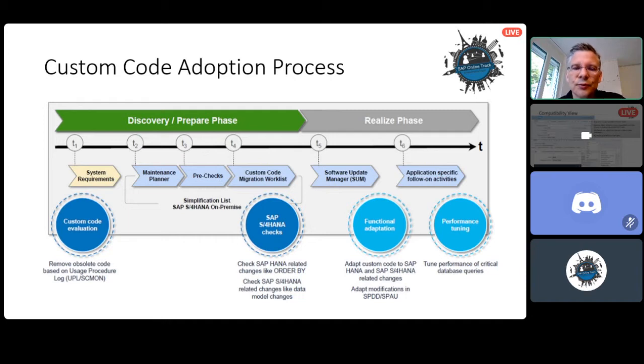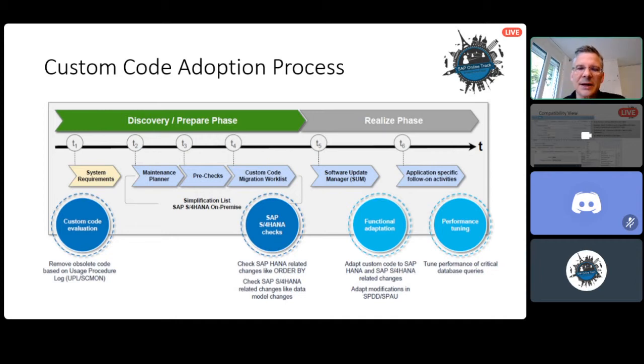And what do you think? How much percentage of custom code is still in use in an average SAP system? Personally, I measured about 50 SAP customers, and then the average value is really that 50% of the code is unused. So it's really a very good thing to reduce the efforts in adapting code for S/4HANA.